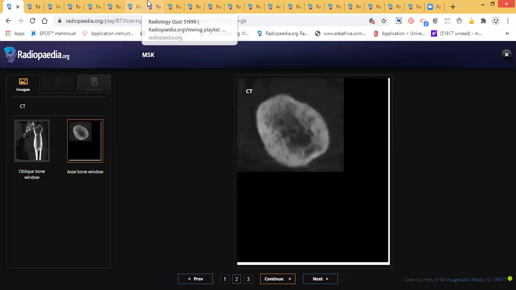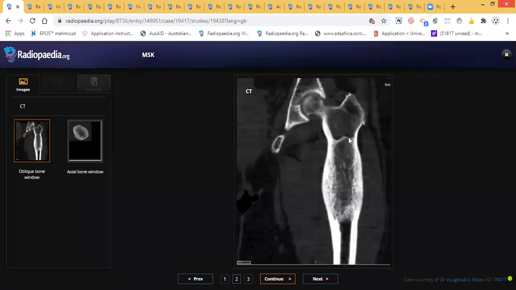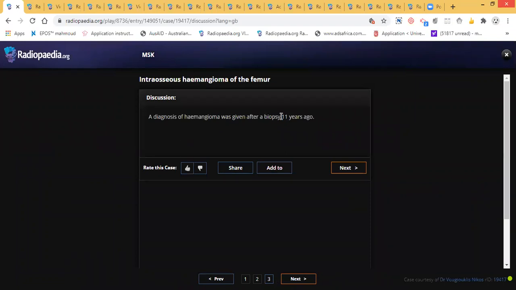Yeah, you can put hemangioma, but also you can include fibrous dysplasia, right? Especially with the ground glass veining. But to be honest, this patient is, yes, intraosseous hemangioma, which is biopsy proven. So I want to show you that if you say fibrous dysplasia, yes, most important to say